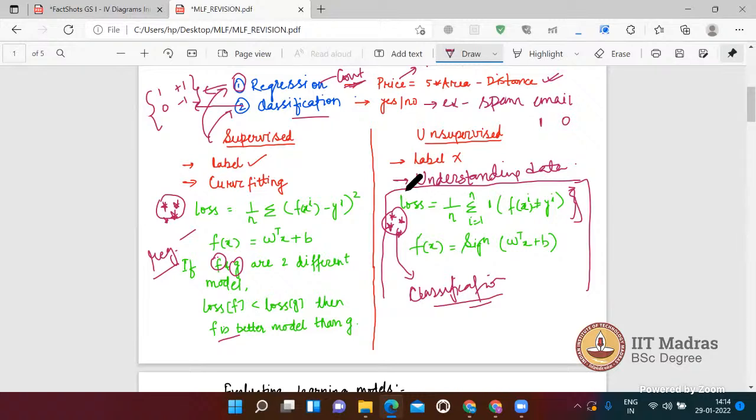A straight line is a special kind of curve. Yeah, it's a curve only. A straight line is also a curve only, or you can say a plane is also a curve only. So this is just a way of telling, okay, curve fitting. Got it. Okay, carry on.